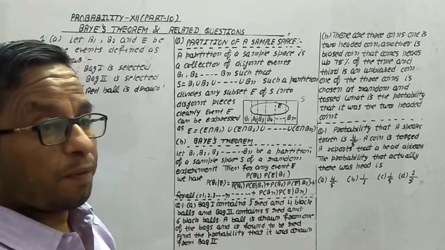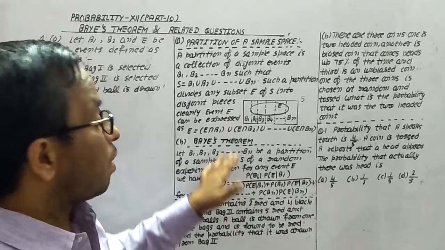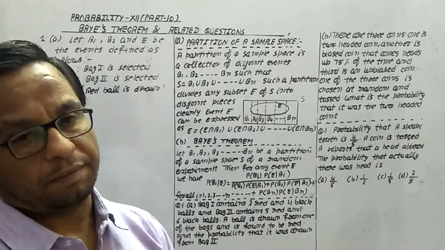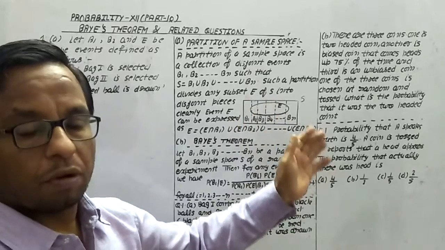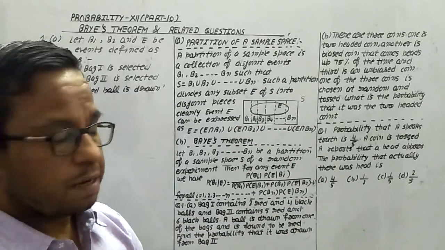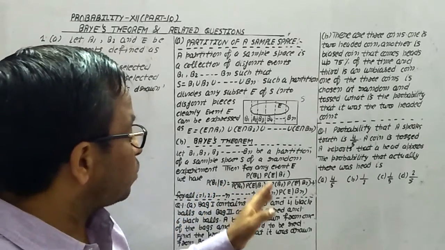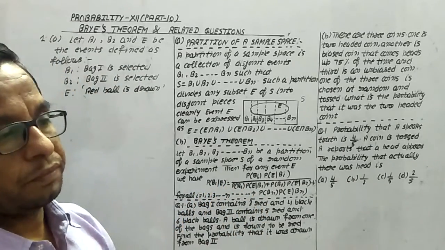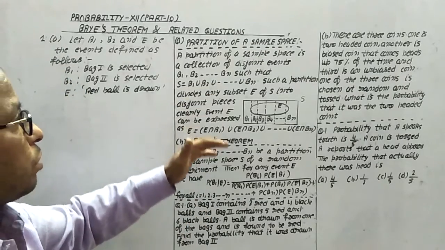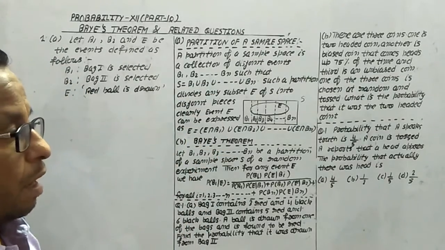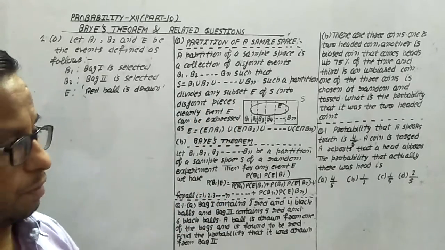There we were finding the probability of E, but here we are finding the probability of Bi when E is happening. It may be B1, B2 or Bn. That is why we are mentioning i is equal to 1, 2, 3 and so on up to n. Now let's do a few questions related to this theorem. And one more thing, because of this Bi upon E, the formula is a little bit changed.